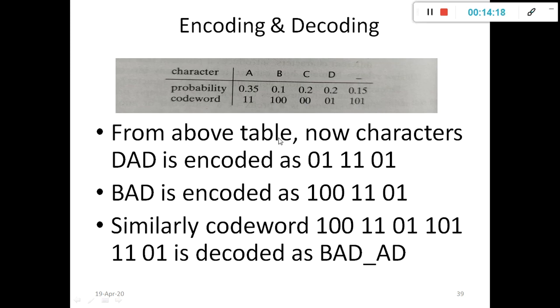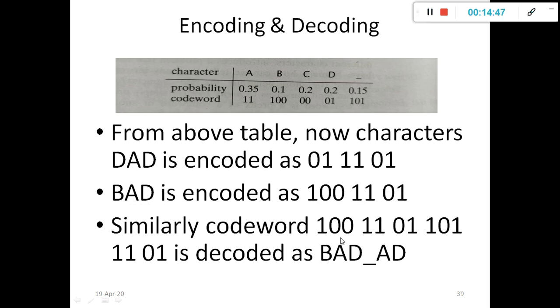Then from the above table, the characters DAD are encoded as 01 11 01, because D is represented as 01, A is represented as 11 and D is represented as 01. Similarly, the characters BAD are encoded as 100 11 01.